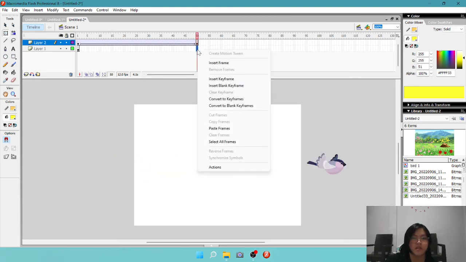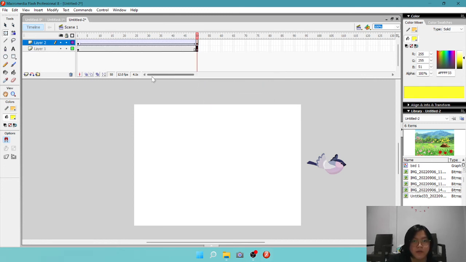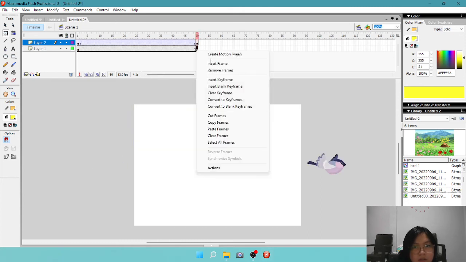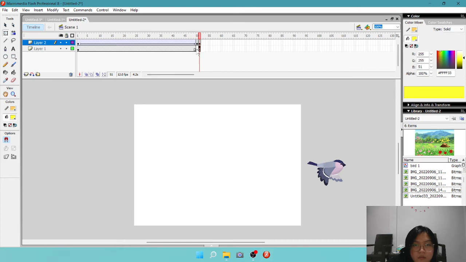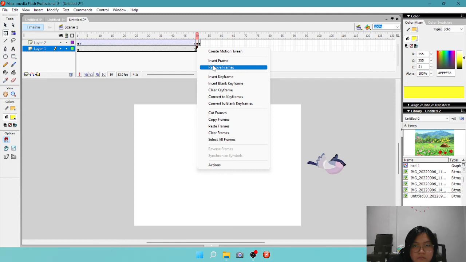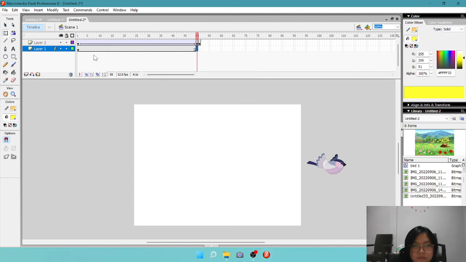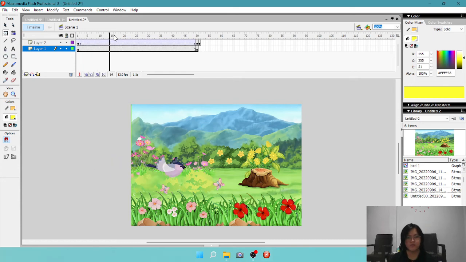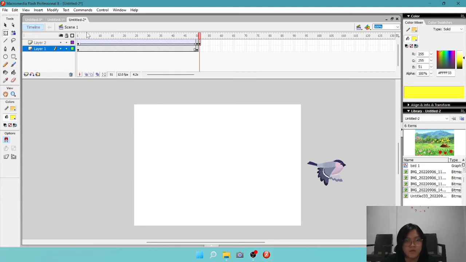Add insert keyframe on layer one for the background.